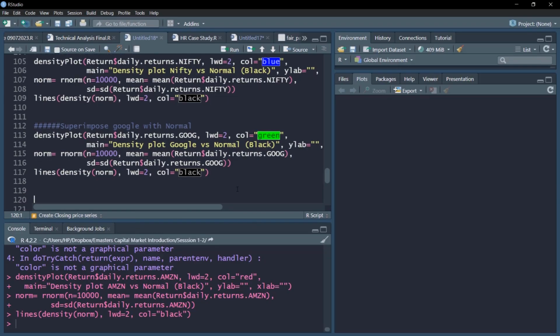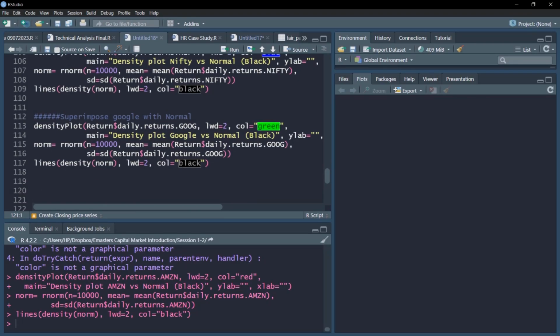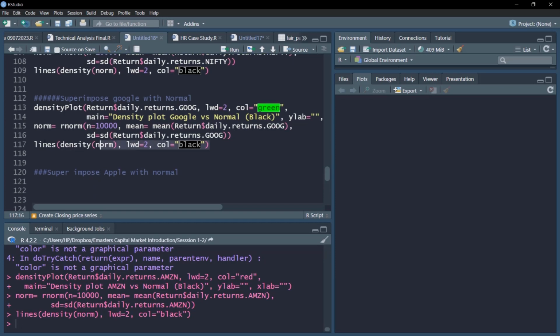The last one is Apple. So we'll superimpose, and again we'll copy paste the code.